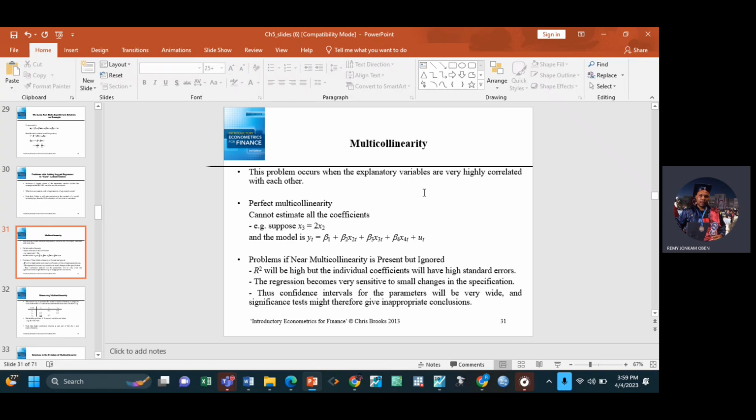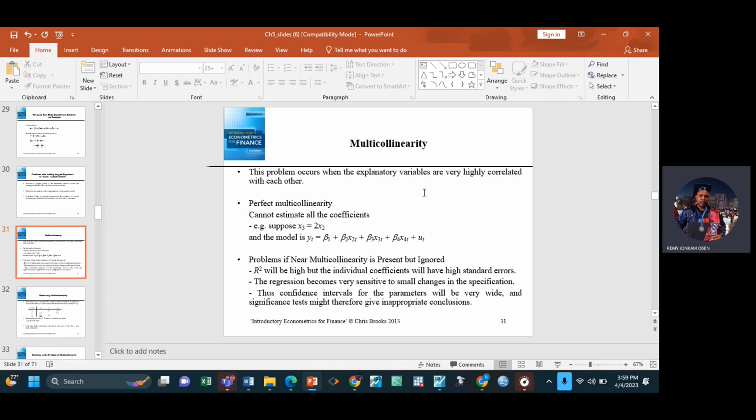To formally test for multicollinearity, we can use a correlation matrix, of course, but we are checking just between the regressors. There should be no powerful relationship that is above 80, 85, 90, right? If it is really high, it means there's multicollinearity. We can also check variance inflation factors. We'll see in the tutorials. With a variance inflation factor, before checking it on EViews, you must first estimate the regression, then you can check it.